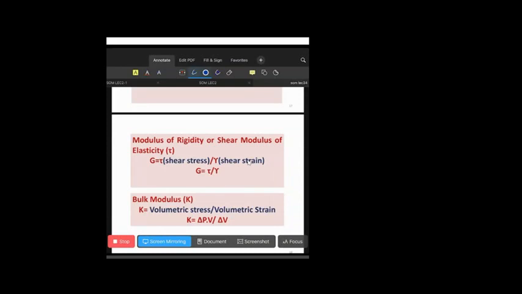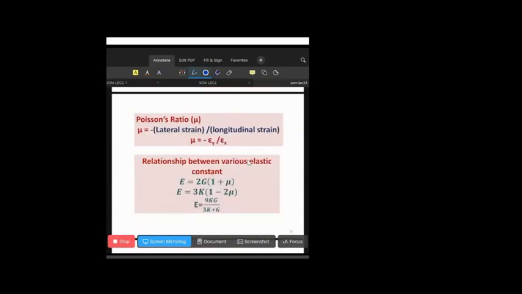Okay, is it understood or not? The modulus of rigidity is denoted by G, whereas the bulk modulus is denoted by K, and Young's modulus is denoted by E. Now we need to talk about their relationship. There is no need for derivation. If you want me to derive these, I will do it separately in some other portion, or I will derive them and give them to you, because nobody is going to ask for derivations, only the formulas, and based on the formulas there will be numericals. This subject is totally numerical, so we will concentrate on the numerical part only.